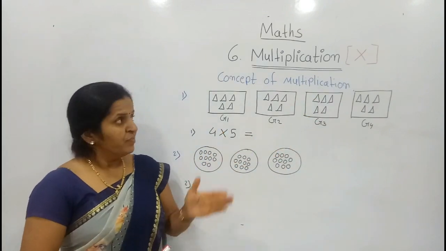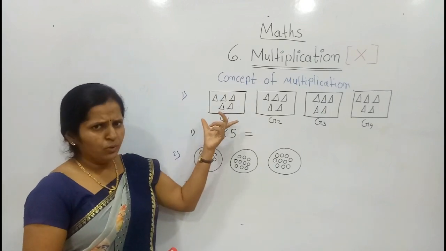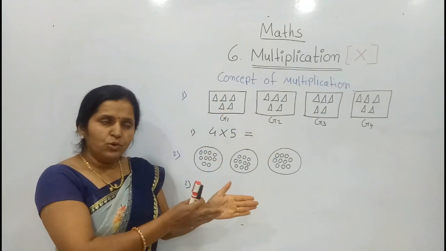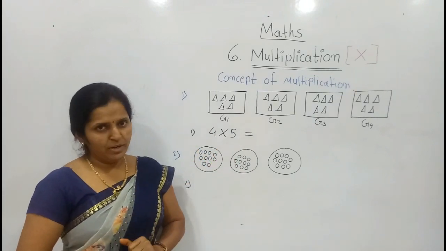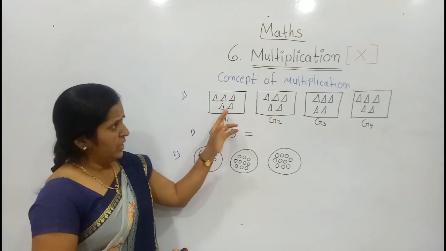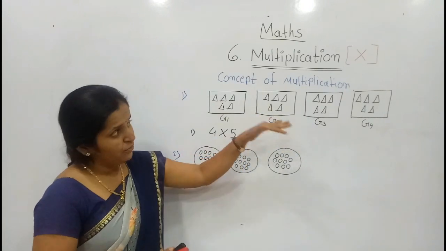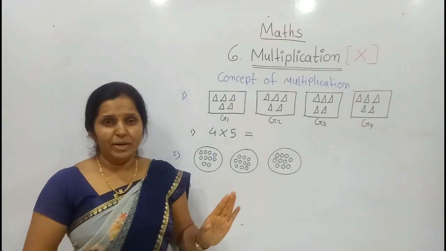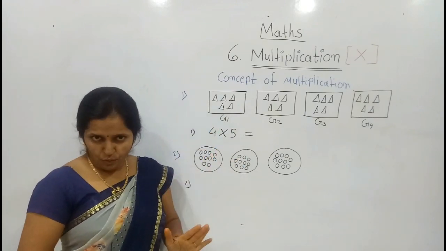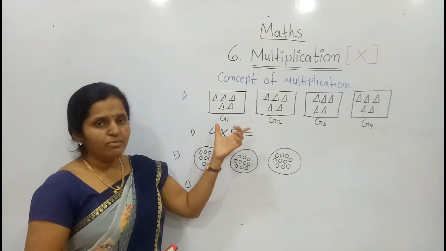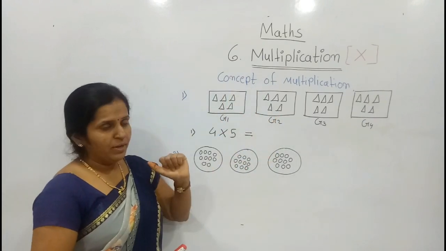Means as I said to you, whenever we have to do the multiplication, it has some rules. We can take the groups. We can count the groups. But in that group, the number of the objects must be the same. Only that time we can do the multiplication. Otherwise, no. Means if in the first two groups there are 5 triangles, but in the third group 7 triangles, and in the fourth group 8 triangles, we cannot do the multiplication. That time we have to do the addition. But here the groups given are 4, and in every group the number of objects is the same. Means instead of doing addition, we can do the multiplication.